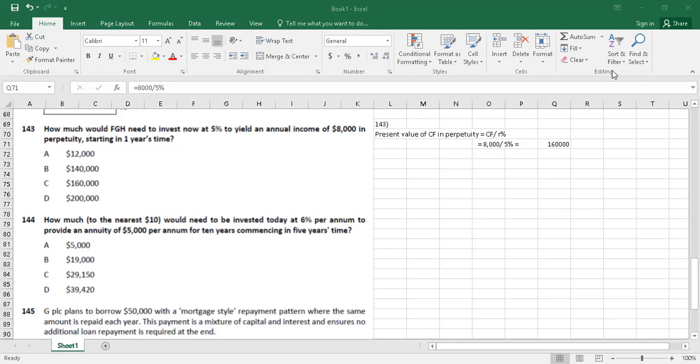So if today there is some X amount of investment made. From this investment, the interest would be received at the rate of 6% per annum to provide an annuity of 5,000 per annum for 10 years, commencing in 5 years time. So there would be no amount which would be